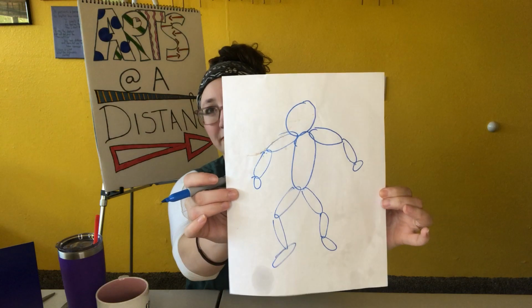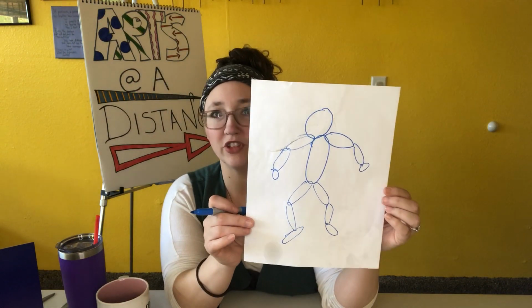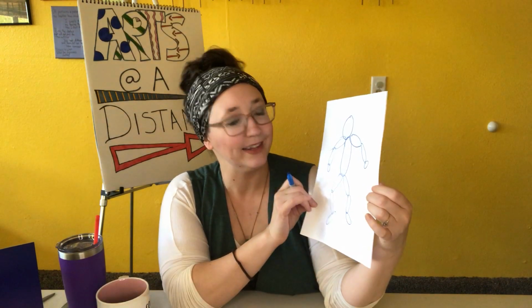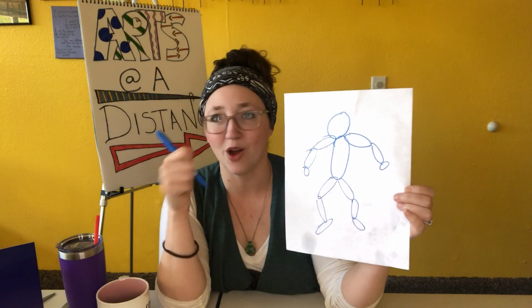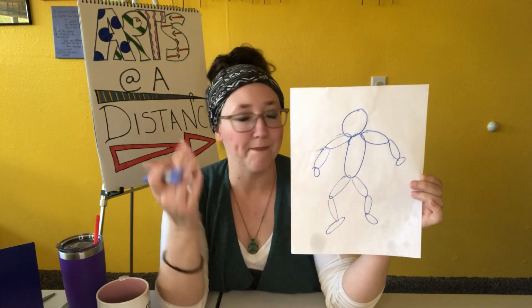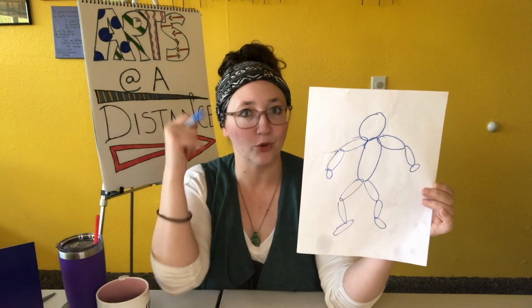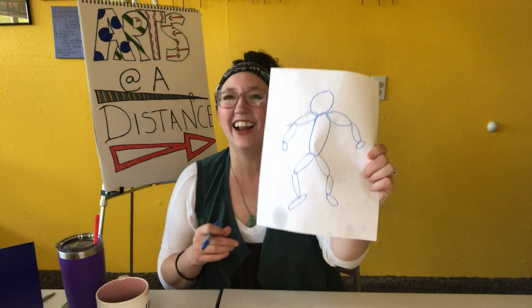Bam. That is what I did. This person made entirely of circles and ovals is significantly better than I would normally draw a person if I was just trying to draw them based on seeing them. Which tells me something about the way my mind works when I see something and process that versus the way it actually is. I really like that.